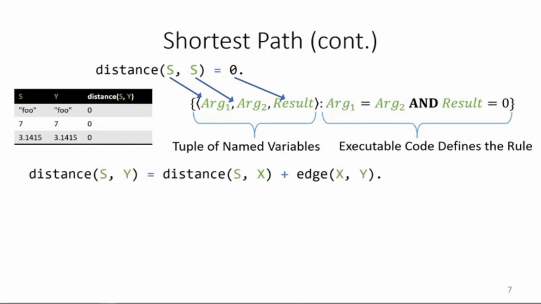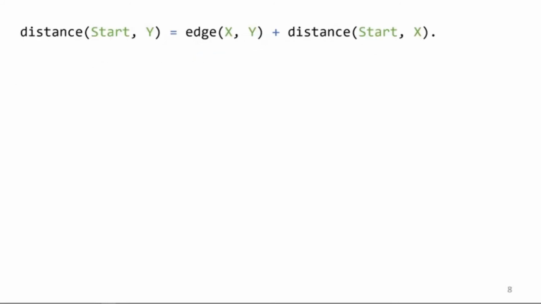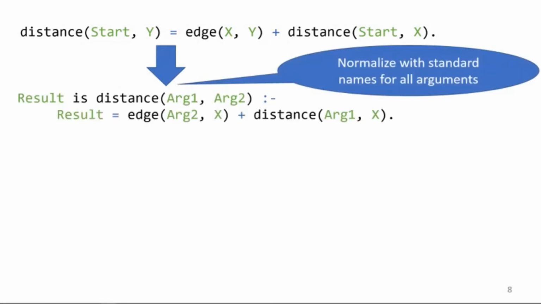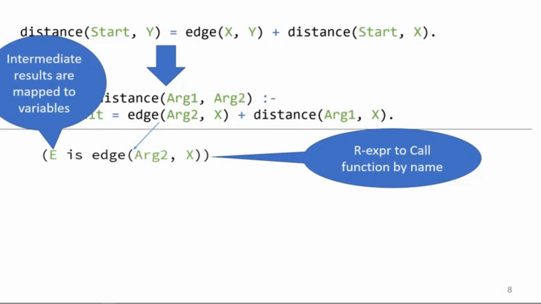Now, we can do the same for the recursive shortest path rule. However, if we just do the same as the above line, this ends up being somewhat awkward. We really need some way we can build this expression up. So let's try this again with the second rule. The first step is to normalize all of the arguments and the result variable name. Then we can start translating this program one term at a time. First, we are taking the call to edge and translating it into an R-expr. We introduce new variables which correspond with any intermediate values that exist in this computation.